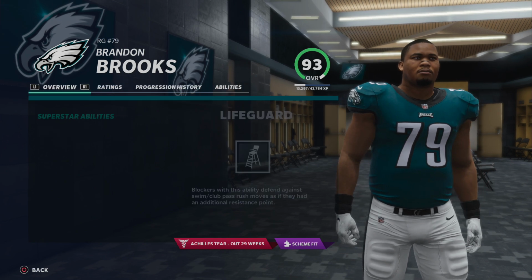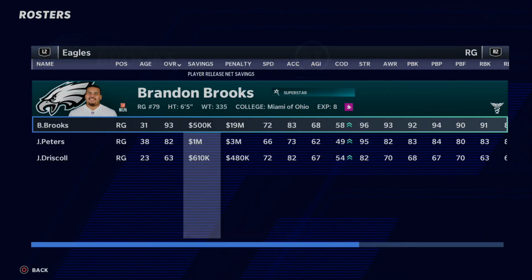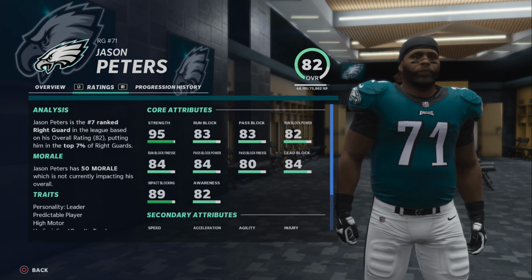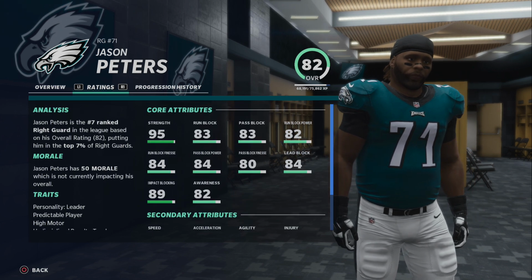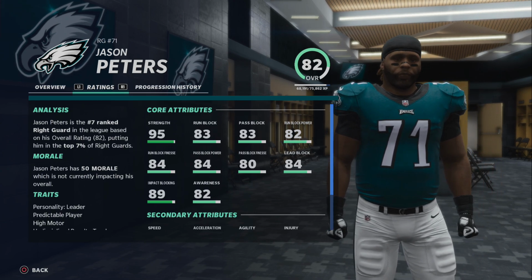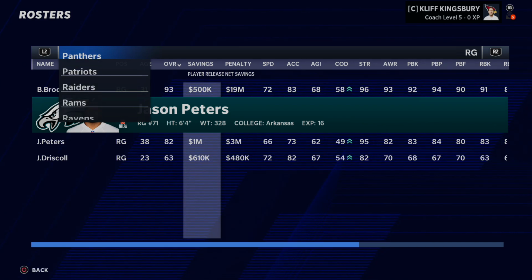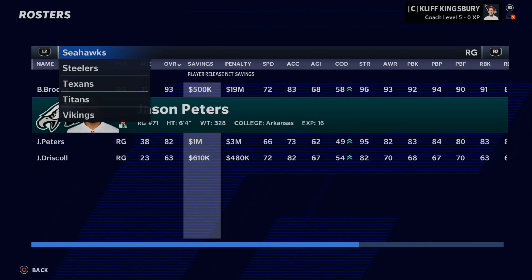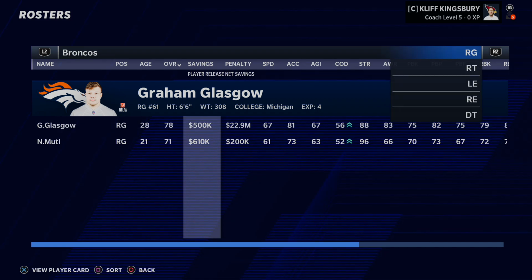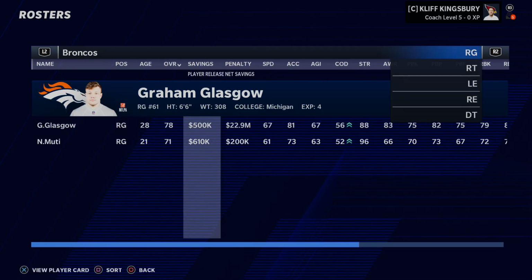And Brandon Brooks, superstar as well, post up, lifeguard. These guys, they have a great offensive line, but the problem is they really can't afford to pay all of them. And the way Madden contracts work, they don't have the ability to front load and back load and do a lot of the cap magic that the Eagles can do in real life. You can't do that in Madden, so you're pretty much screwed with this team. So most likely, any Eagles fans are going to be looking for someone to bail them out and send those players to. All right, and last but not least, we have Denver here, and we're looking for